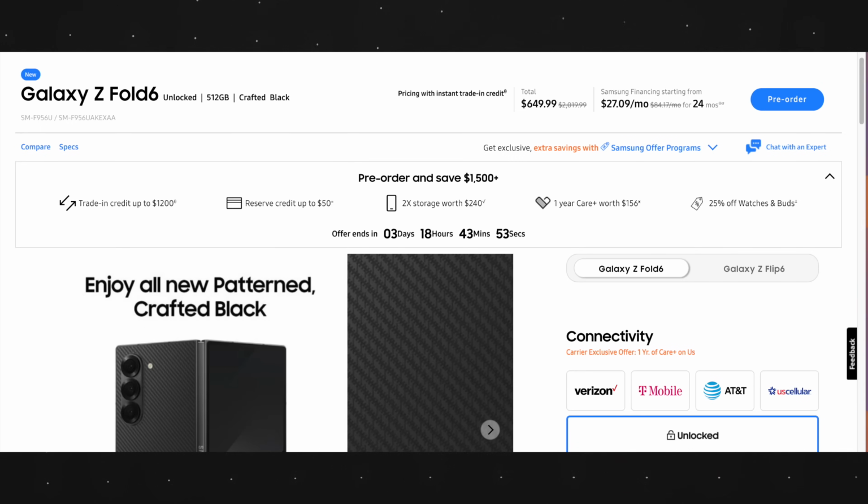First, let's talk about the price, because unfortunately, it did increase by $100, which of course many people are not really happy about, but there's a simple fix. For a limited time, Samsung is offering a great pre-order deal. You can get up to $1,200 of trade-in credit, double the storage for free, and even 1 year of Samsung